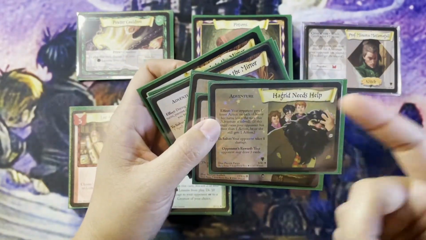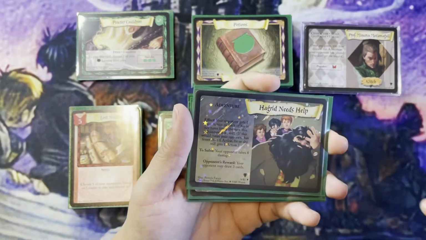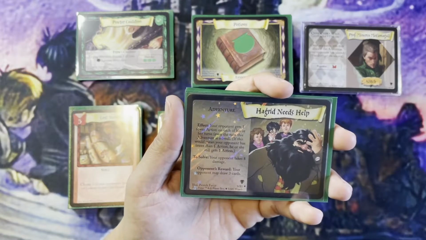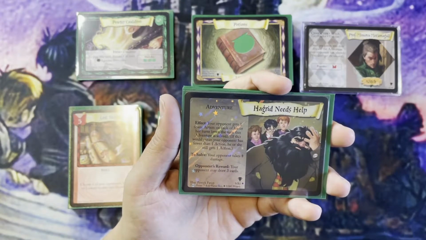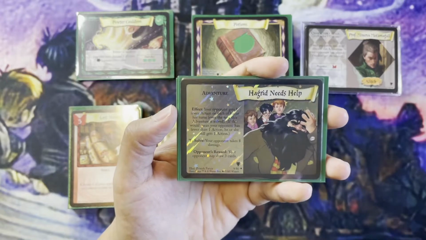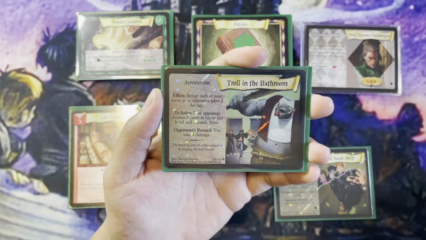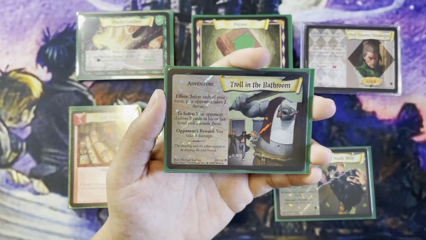So anyway, as we know, or for some of you that don't, Hagrid Needs Help. Your opponent gets 1 fewer action on each of his or her turns, even the turn this adventure is solved. If this would mean your opponent has fewer than 1 action, he or she still gets 1 action. To solve it, your opponent takes 8 damage, and the reward is that they may draw 3 cards. And then for Troll in the Bathroom, before each of your turns, your opponent takes 2 damage. To solve it, your opponent chooses 7 cards in his or her hand and discards them, and the reward is